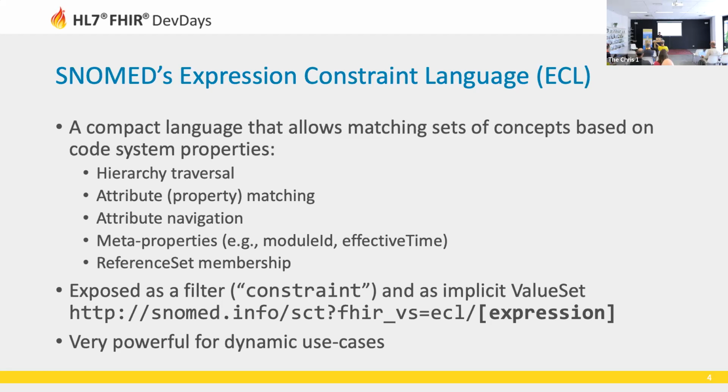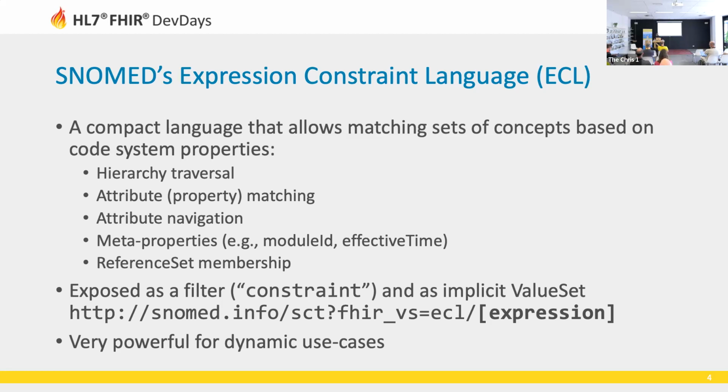Starting from a particular place, you can say, well, what are all the sites involving that these procedures involve? And you can search on other properties that exist in SNOMED, which are not really relevant to FHIR. And you can do reference set membership. So reference sets in SNOMED are analogous to value sets in FHIR. And so you can sort of traverse from your expression to say, is my code or is the value of my attribute a member of this value set? So these are the sorts of features that we want to bring across into our